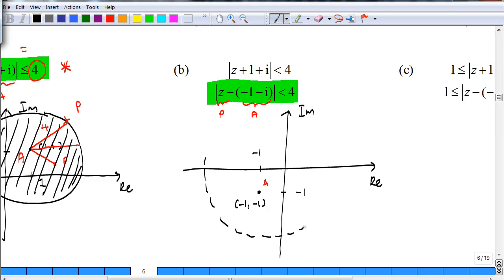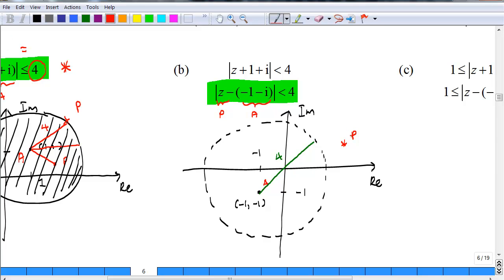Again, I'm using a free hand, so my circle is not very pleasing to the eye. You should remember to always use a compass. So if I were to mark this distance, this distance is always 4. Now let's check again. If I were to choose a point outside, you already know any point outside is not